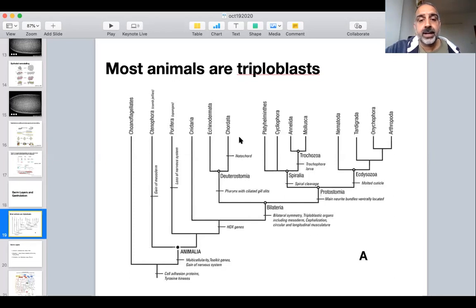So all of these animals will have mesoderm. Jellyfish and hydra have what are called mesoglea, so they have an internal structure which does not arise from gastrulation, but probably has some hint of gastrulation there,